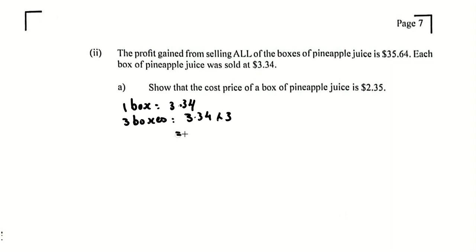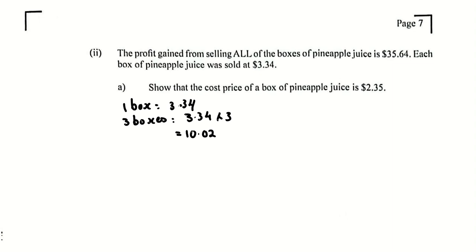Now, as soon as you do this, you can see that if the cost of the 3 boxes is $10.02, how did we get to $5.64? So immediately you would know that there was an error in this question. Now, in this question, what is given, what we could probably find out is how many cases was sold, because